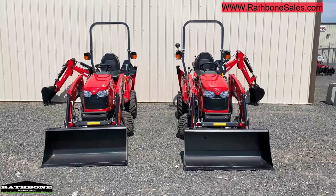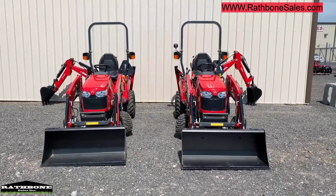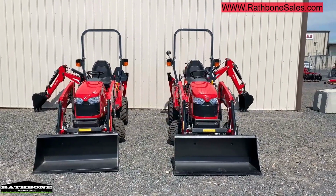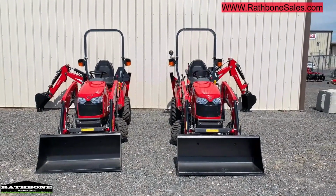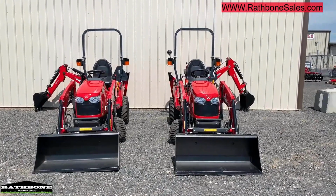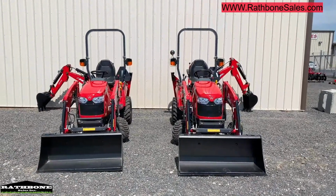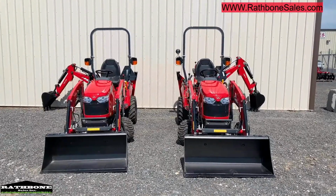So if I had advice for people trying to figure out which one of these tractors they want to get, I would say take a long look at the work you need to get done around your house. Will you benefit from the engine horsepower? Will you benefit from the extra PTO horsepower? Will you benefit from the extra hydraulic flow? Do you like being comfortable? Do you like the little nice things that you get in a premium series? If you do like those things and you will get a benefit out of it with the work you got to do,